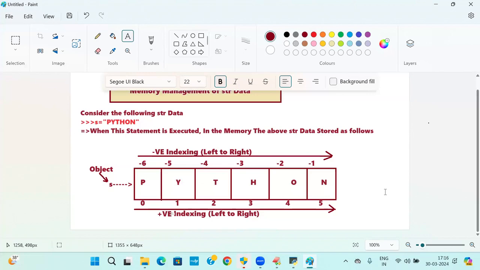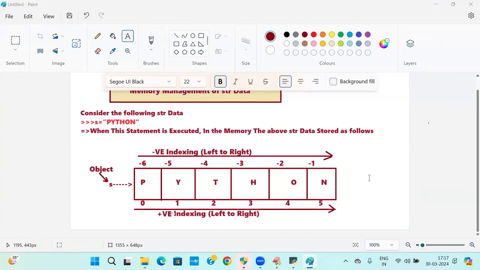Okay? Next point, positive index side, last index is equal to